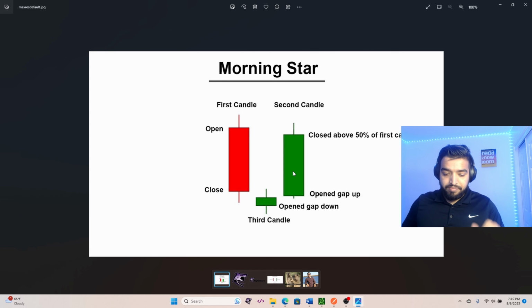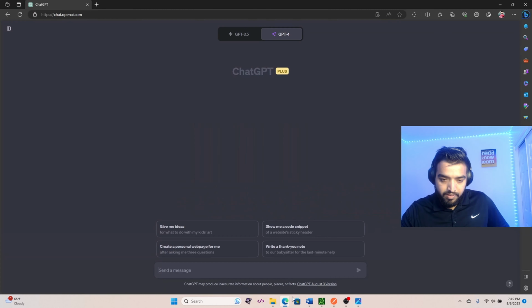In terms of that, we're going to be creating this signal on the ThinkOrSwim platform using ChatGPT. So I'm going to open ChatGPT and I'm going to write